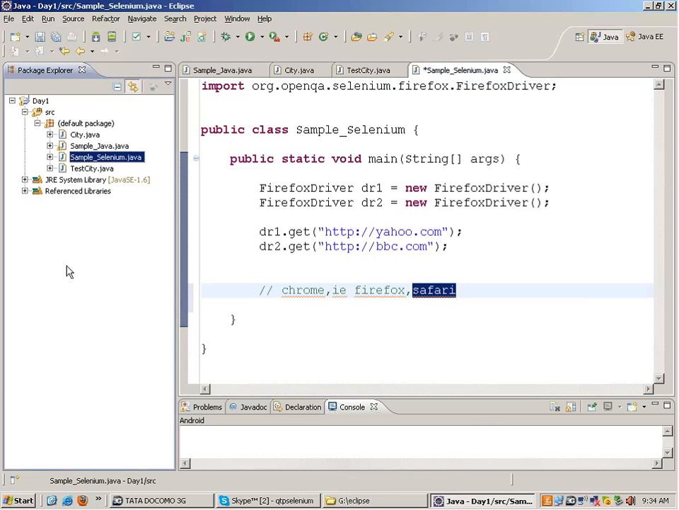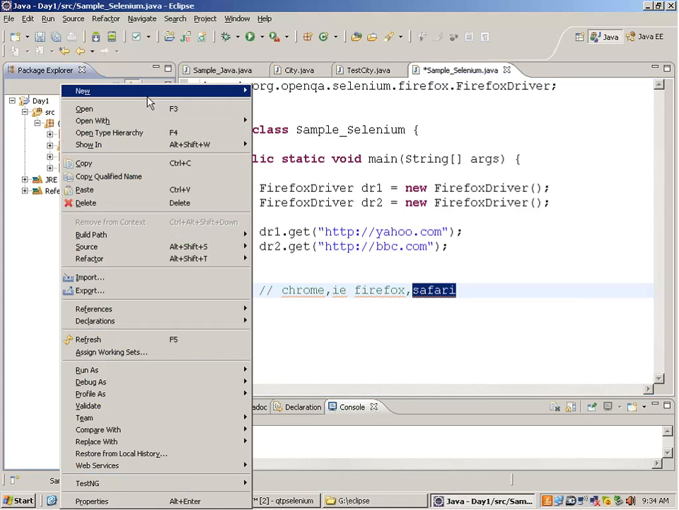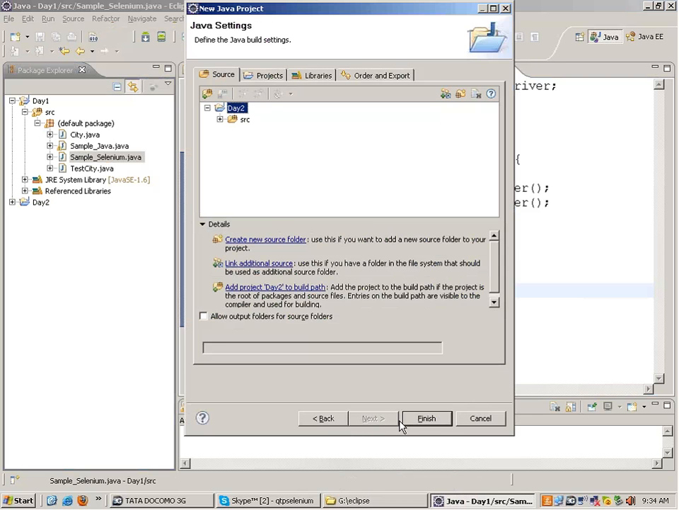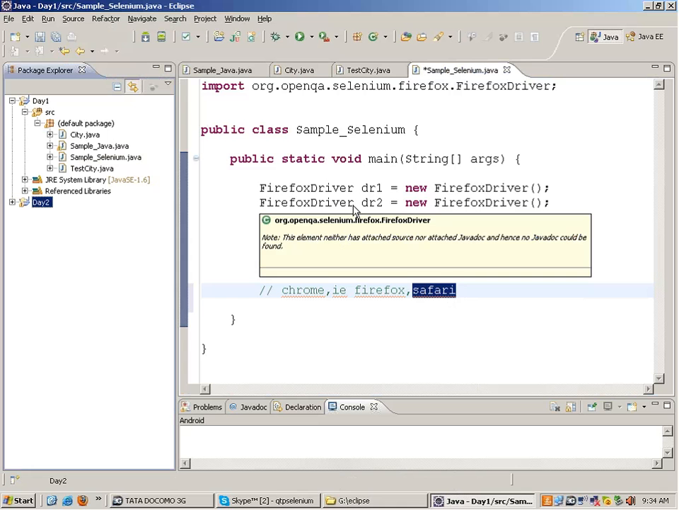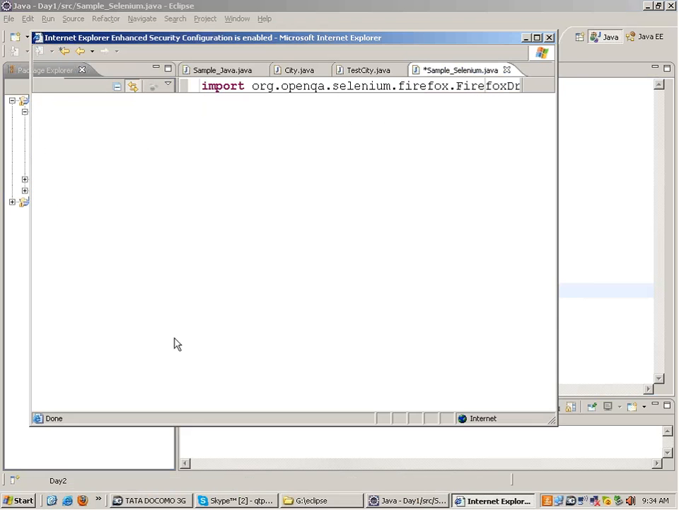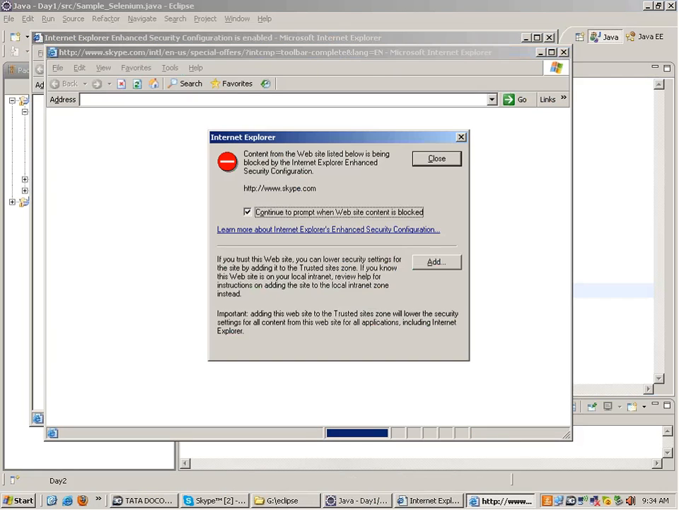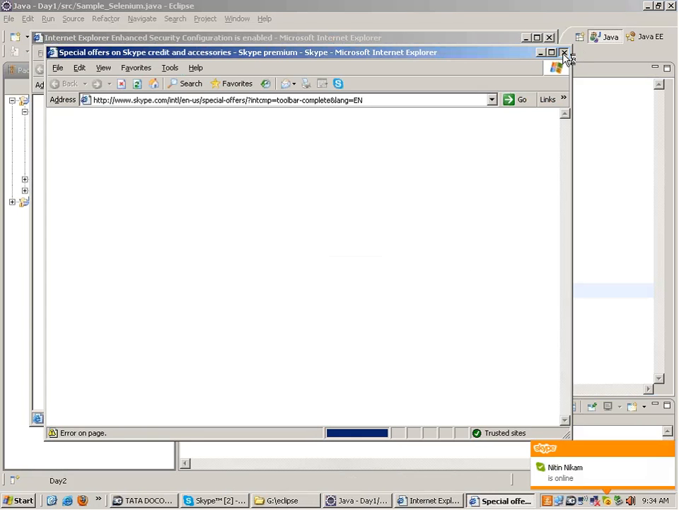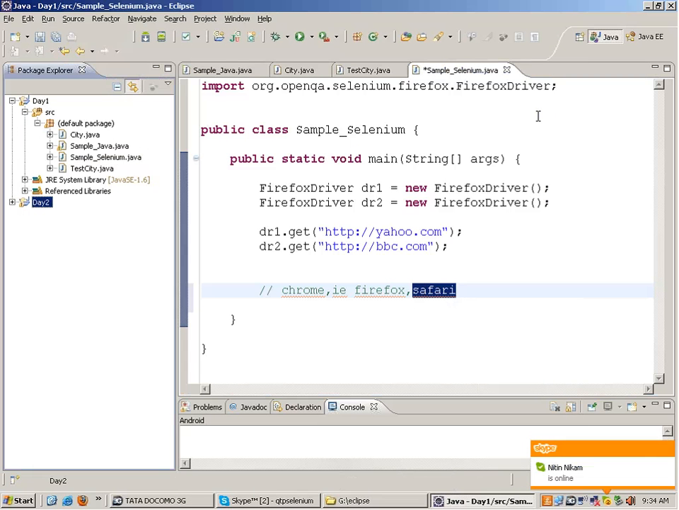Okay, now I'm going to create a new project today and call that project day 2. It supports IE9, IE8 as well, IE6 as well. I am working on a server right now. I have IE6. You will see that it will run on IE6 as well. Okay, so right now